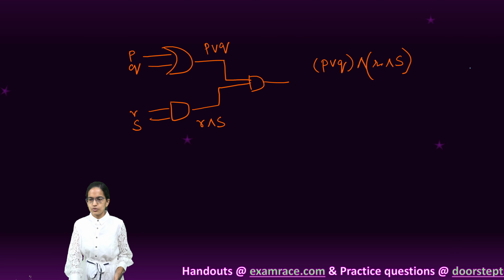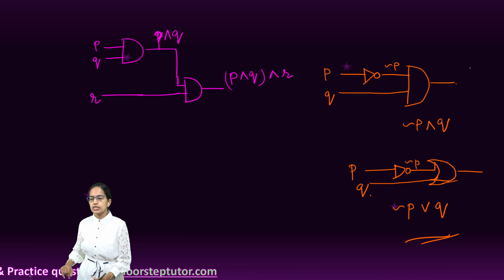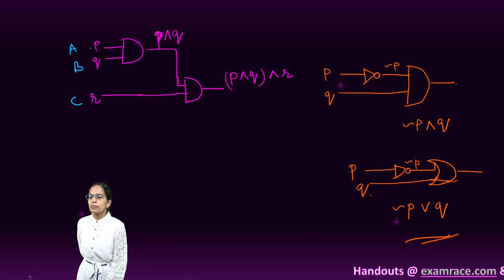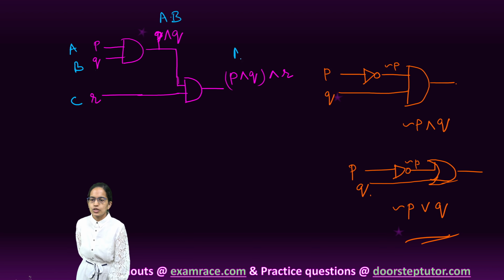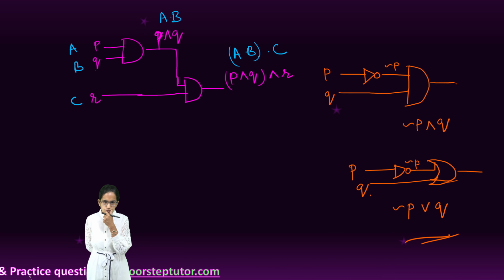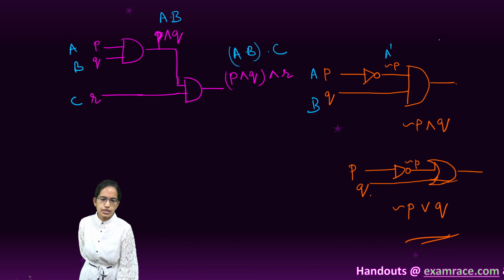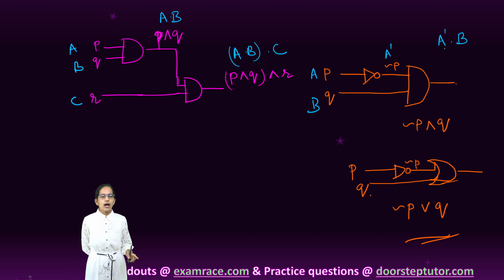And the similar diagrams, if I move back, you can explain the same diagrams through Boolean logic as well. So let me take this example. Rather than taking P and Q, I take it as A, B and C. Now what I am writing is the Boolean logic. So for Boolean logic, A and B, I would write A dot B, and then I would write A dot B dot C as my output here. Now coming on to this, my Boolean logic would be NOT A and B. So this would be A dash. So my final representation would be A dash dot B. As simple as that. And that's how we explain it.